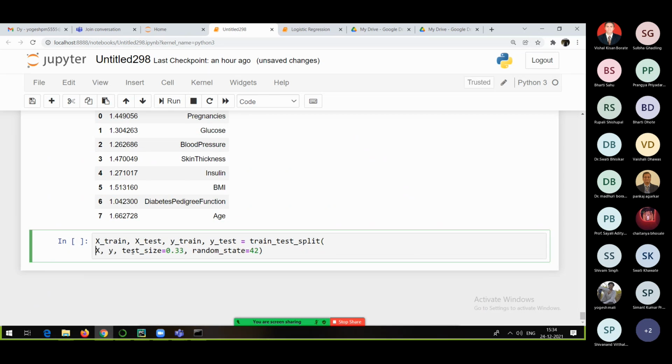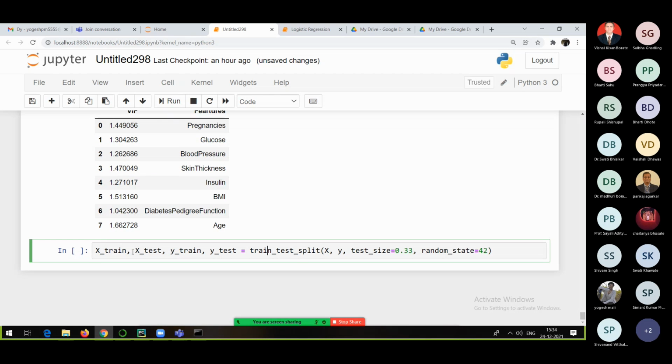Now remove this dot dot dot, and if you want, you can make everything lowercase: X_train, X_test, Y_train, Y_test equals train_test_split. In this case, instead of X, we should be using X_scale because that is our input data, right?